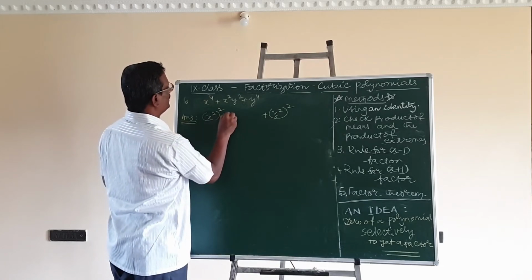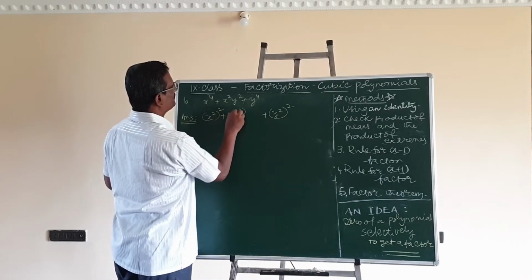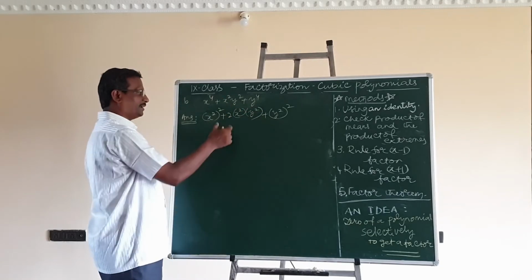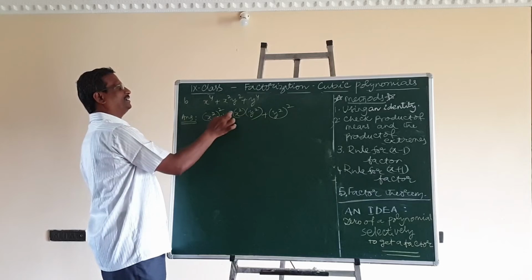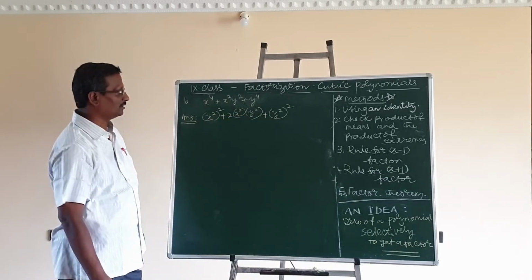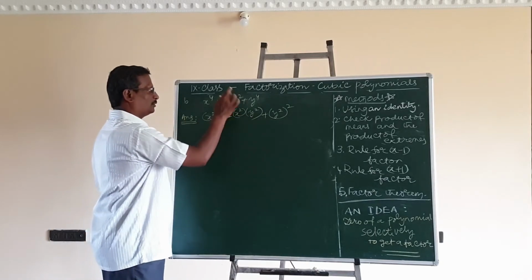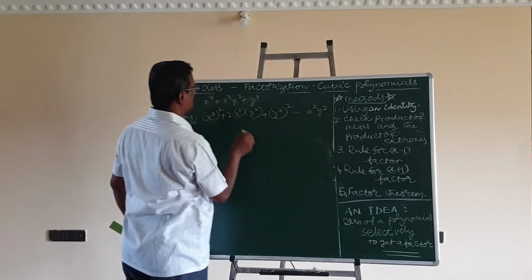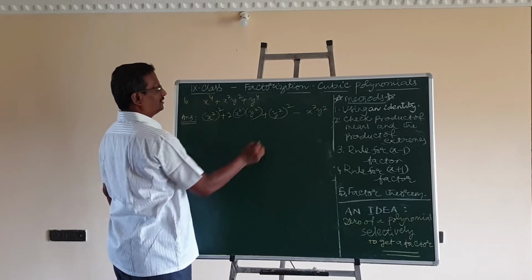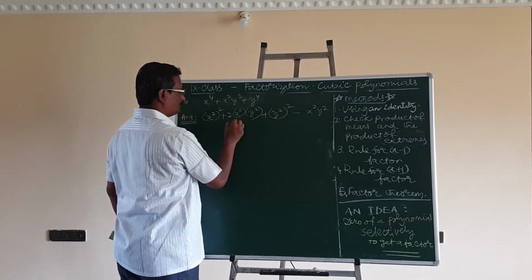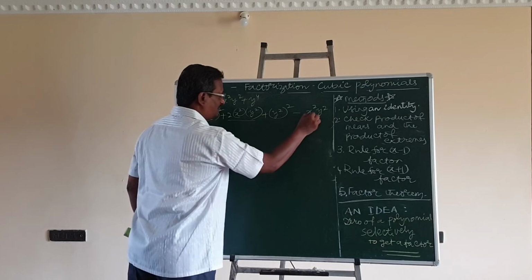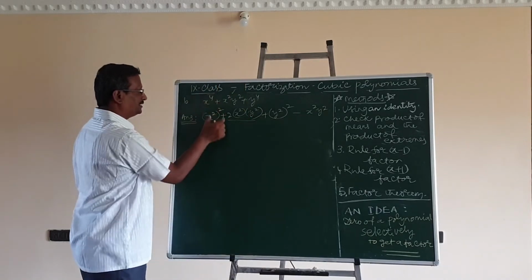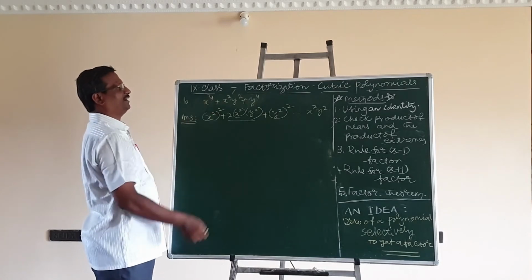To make this 2ab, 2 into x square into y square. Here we have only one x square y square. To write in the form of an identity, I have made 2x square y square. So to make this statement equal to the given question, I will write minus x square y square. Because x to the power 4 is equal to this, y to the power 4 is equal to this, and 2x square y square minus x square y square together is equal to this one. Means the same identity we have written in the required form.